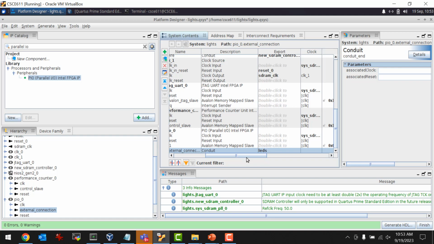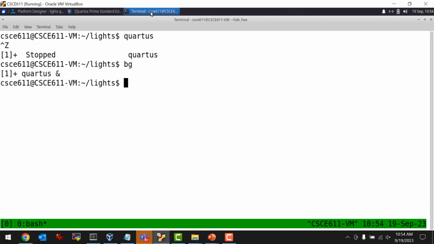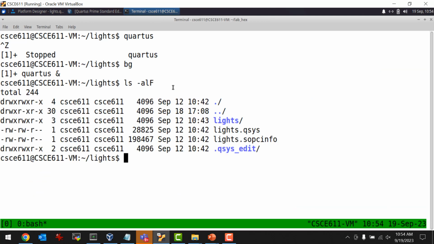Okay, so that's it. That's all you need. And then the instructions for the software part. Well, you know what? Let me show you that. It's not going to take me long. I think it'll be worth it. Okay, so for the software, you'll notice here that in this directory,